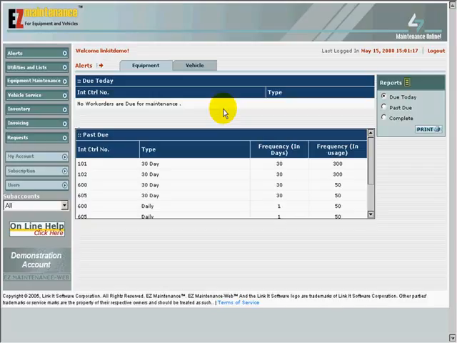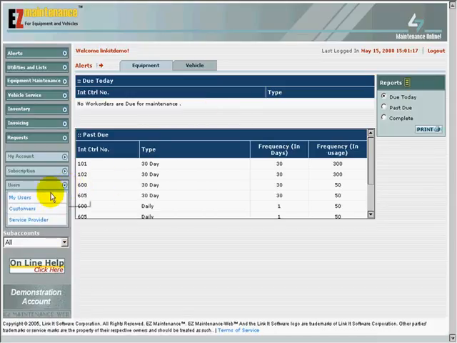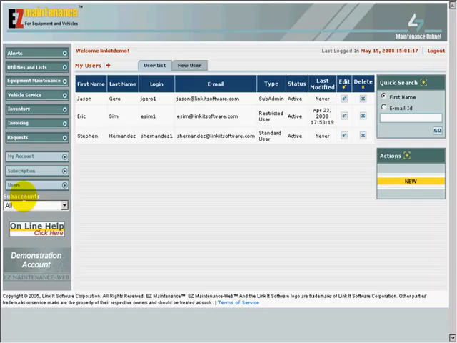There is another section in EasyM Web that lets you manage the user passwords that people use to log into your EasyM Web account. To access this part of EasyM Web, click on the My Users link under the Users drop-down list on the left side of the screen. Clicking on the My Users link will take you to the following screen, which we'll call the Main User Account